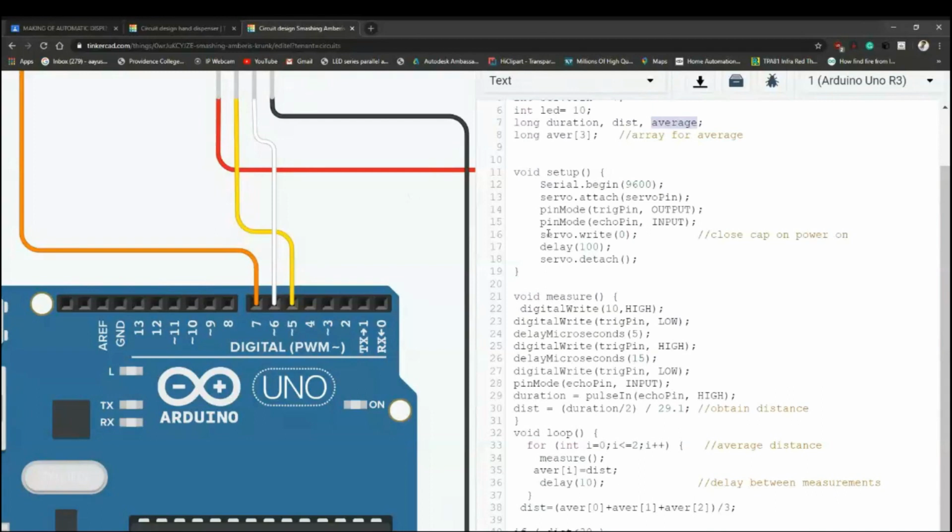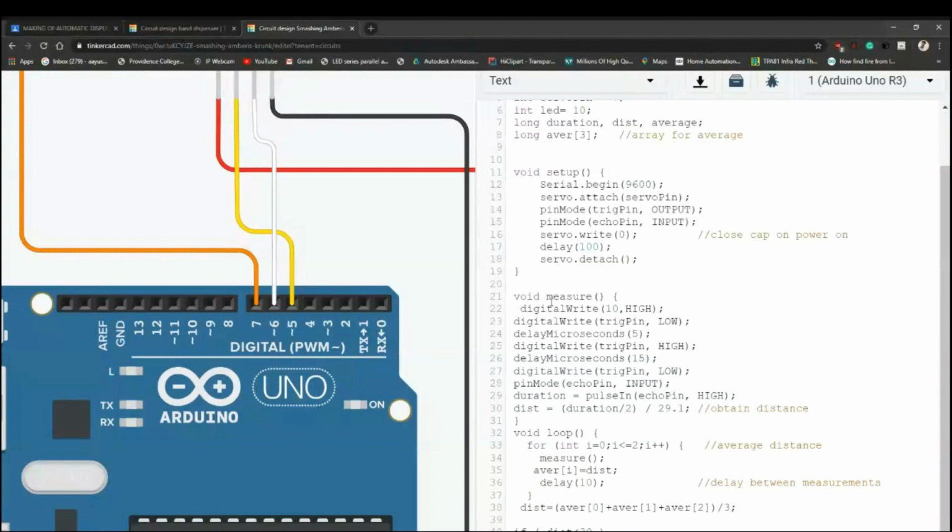The next one is the servo write 0 with a delay of 100. What this 100 means is that it is the delay in milliseconds, 100 milliseconds for the program to write and iterate again and again. And then servo detach.